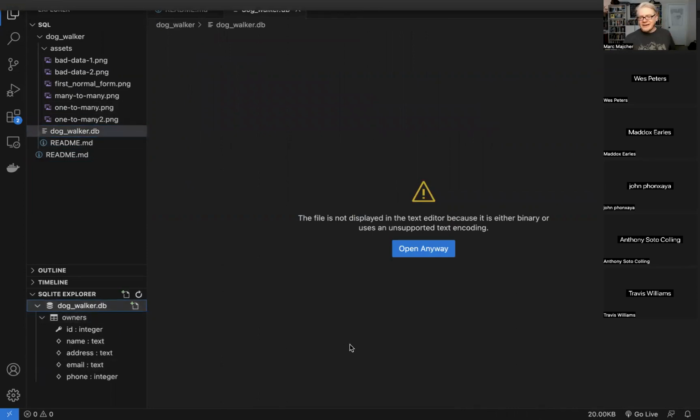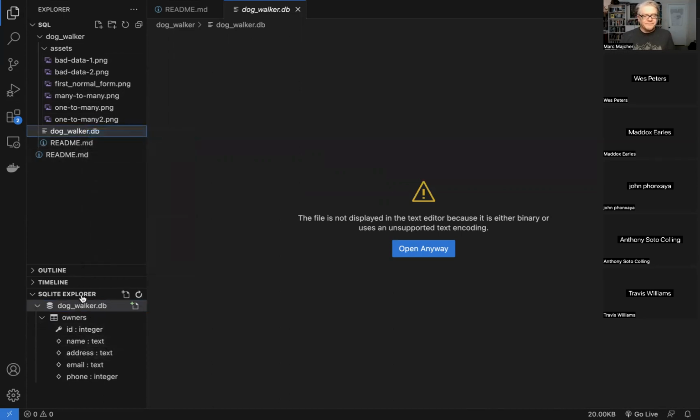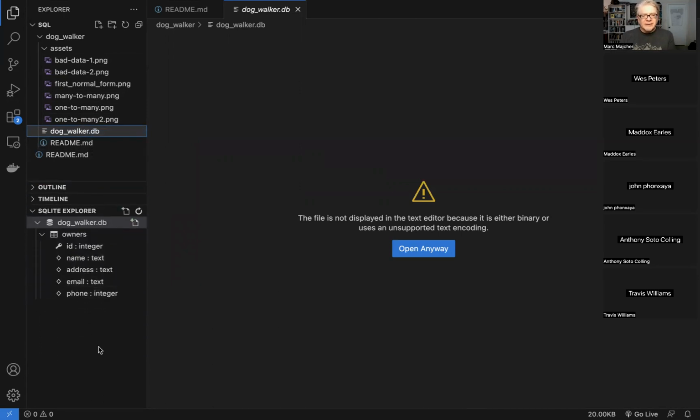But there is an SQLite Explorer. I think it's called Explorer. Oh, that's what it says there. There's an SQLite extension for VS Code, which lets us do queries and look at database structures and whatnot here. So we can't open it directly from here. We can open it from here. To get that, I just right-clicked and said Open Database, and that opened this up here. And then it had to pop open the SQLite Explorer. So we'll look at this.